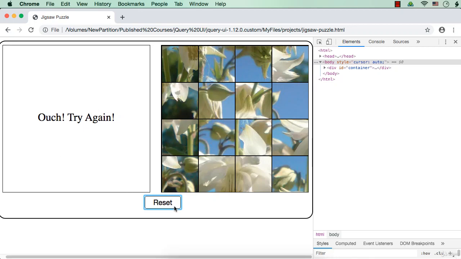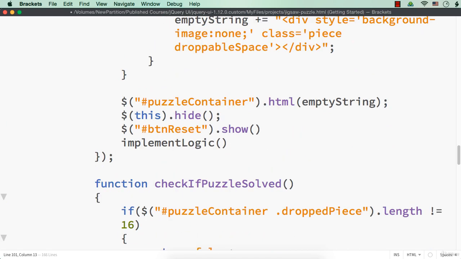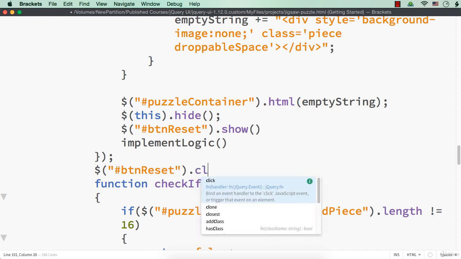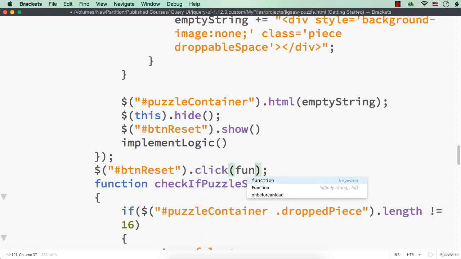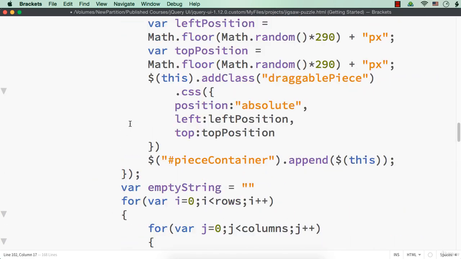Now let us write the reset button click. So let me add the code here, $btn reset dot click function. What we need to do actually, we need to have pieces, that is 16 pieces, which we have done using